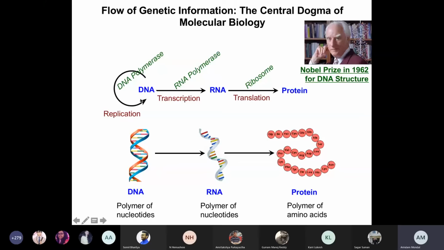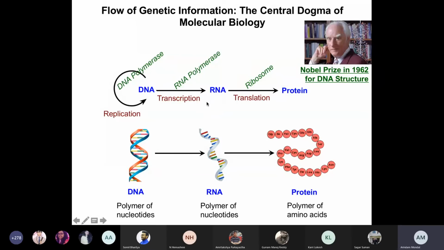Because if you look into the DNA and the RNA, the basic constituents are the same, which is basically the nucleic acids. In case of the DNA, it's a double-stranded nucleic acid. In case of the RNA, it's a single-stranded nucleic acid. But the basic constituents are the same. Here it's ATGC, here it's AUGC. So it's like the information is getting transported from one piece of paper onto another piece of paper using the same language. That's why it's called transcription.